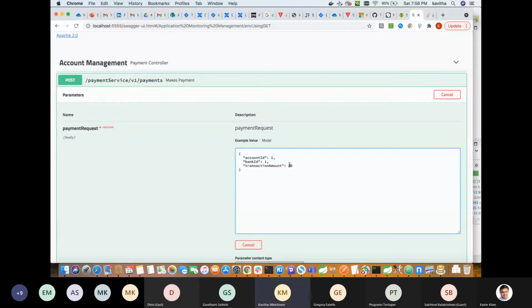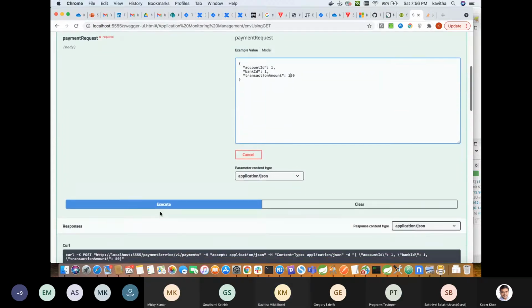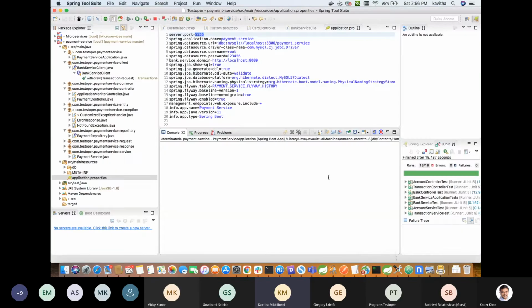For this, I am going to do a payment transaction amount of 150. Okay, so I'll execute this. This is on the payment service. So the payment service internally is calling the, it got expired.